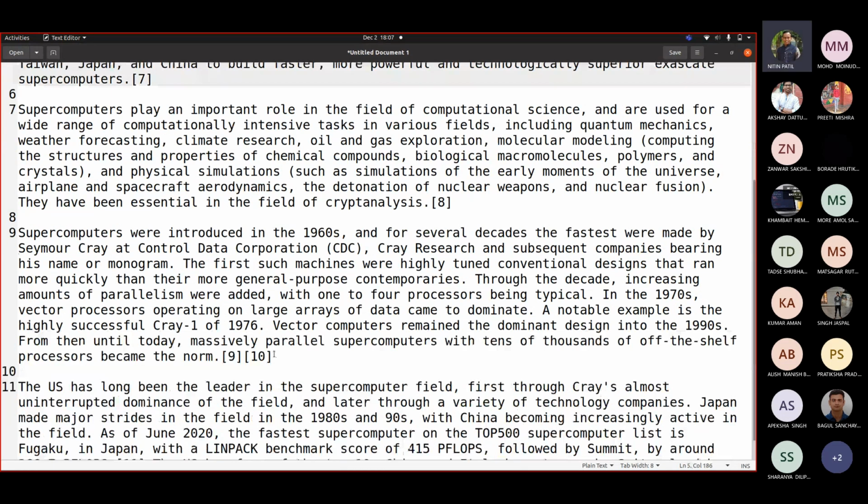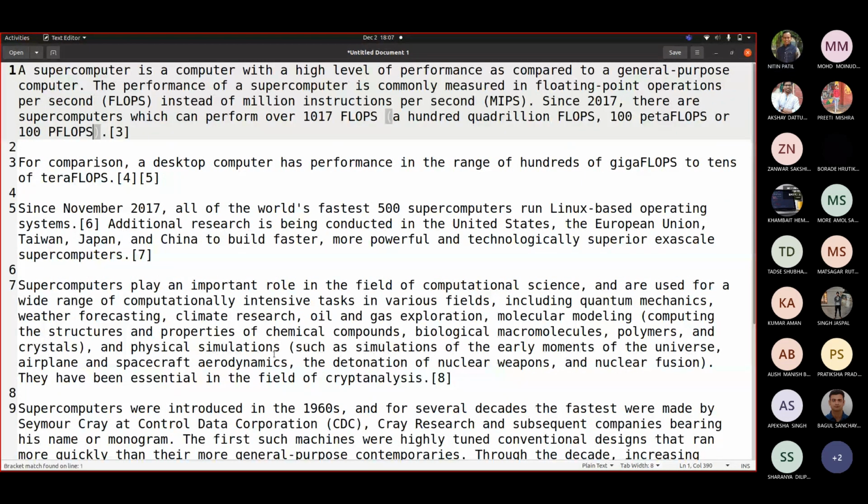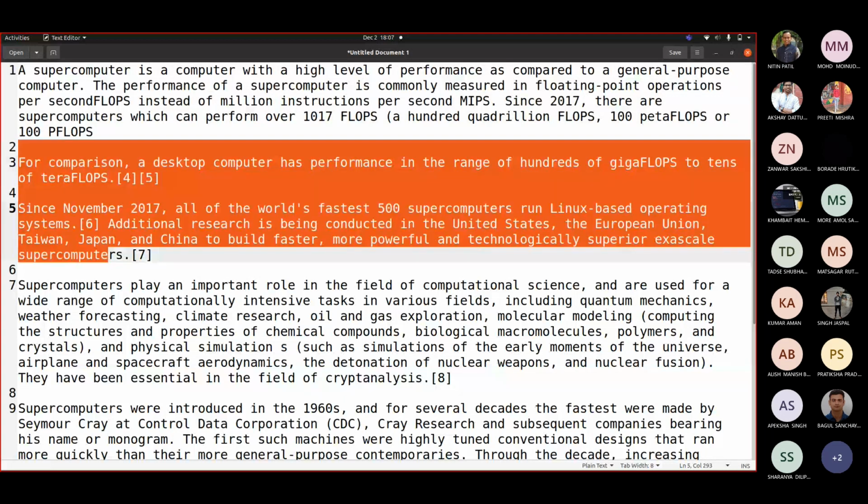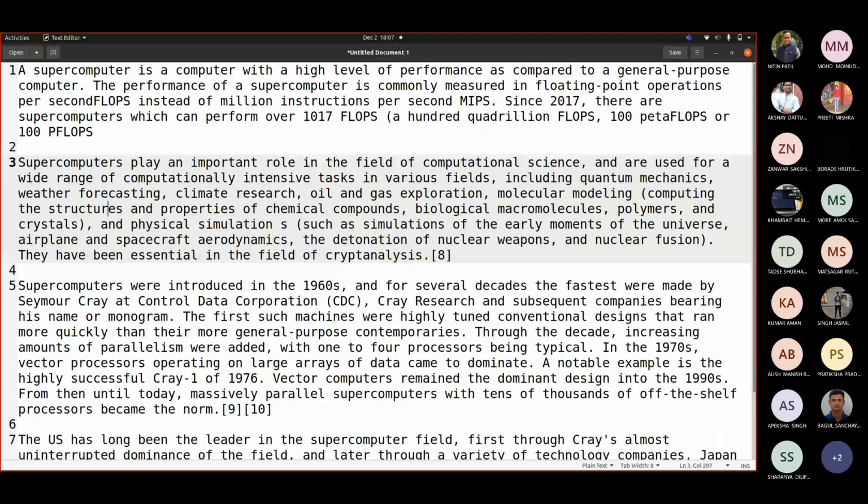We'll try to remove a few things here. Generally you must have seen that whenever you have a transaction, you add a remark kind of column.